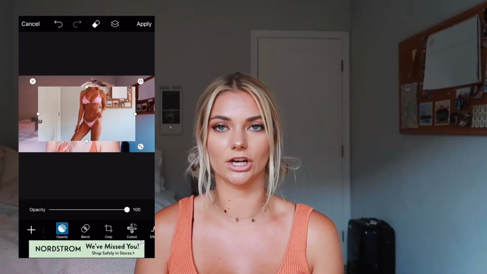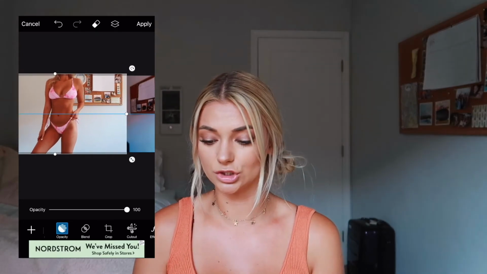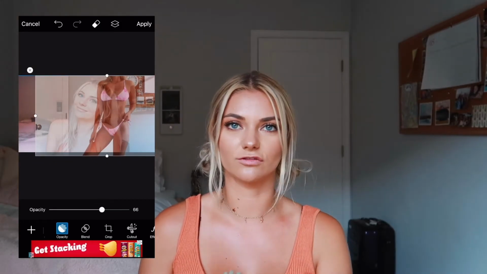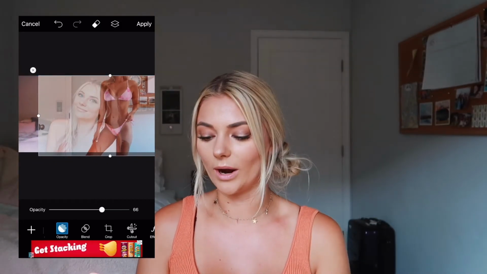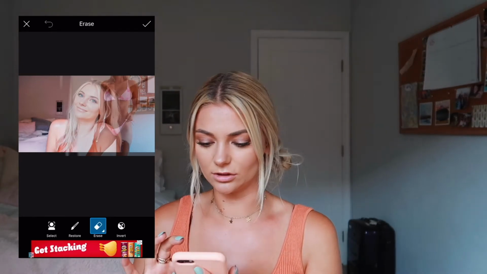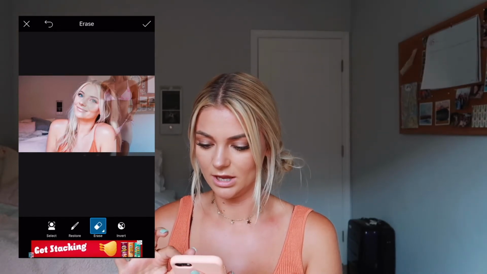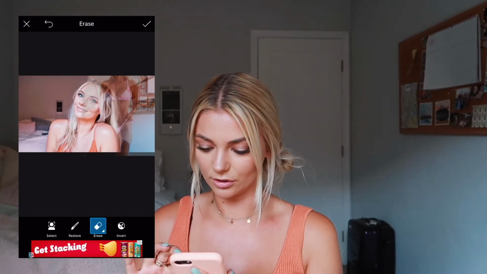You can make it bigger than the actual screen. So for this one, I think I made it a little bit bigger. As you can see, it wouldn't actually fit in the screen. And now from there, I actually turned down the opacity so that way I can see where the main picture of me is. I'll usually turn it down quite a bit, and then I will go into the eraser tool up at top, and then I kind of just erase everything until all that's left is that picture of me. Again, I'm doing this super fast. This actually took me quite a long time, but it definitely makes your pictures look really, really good.